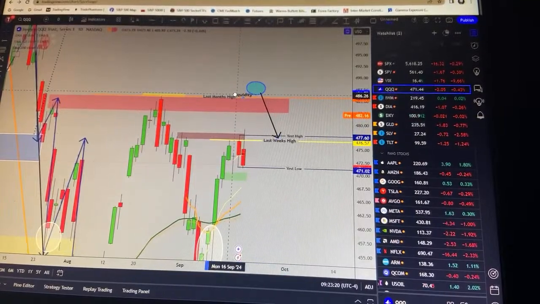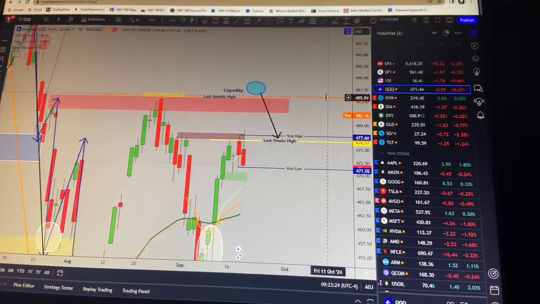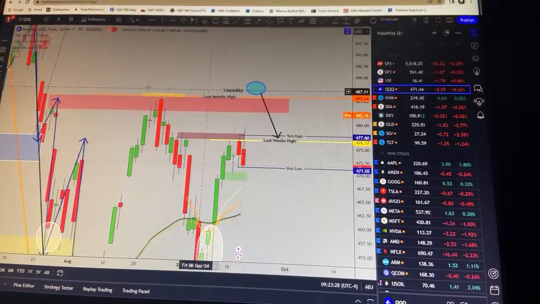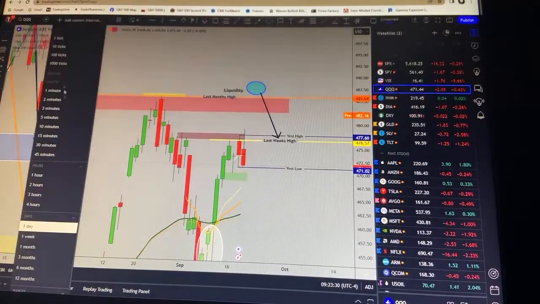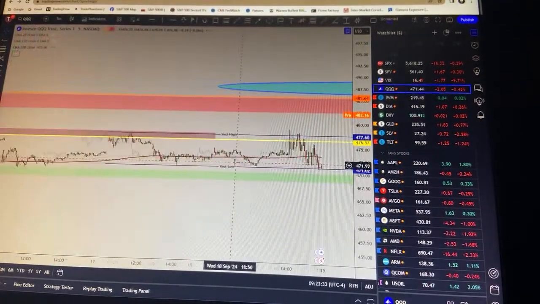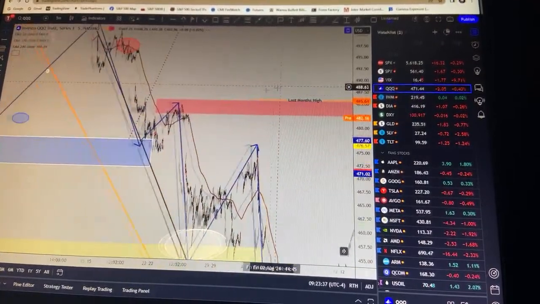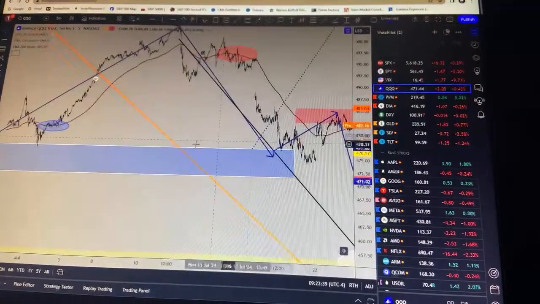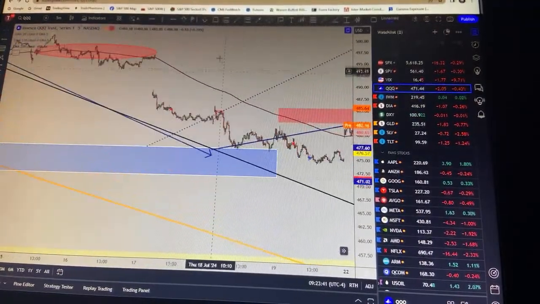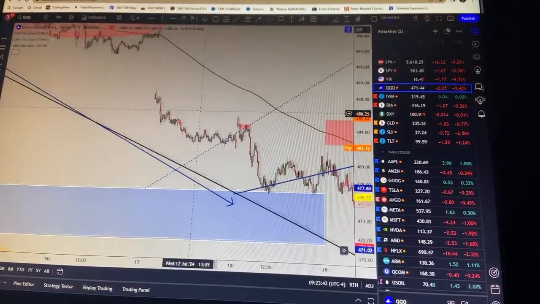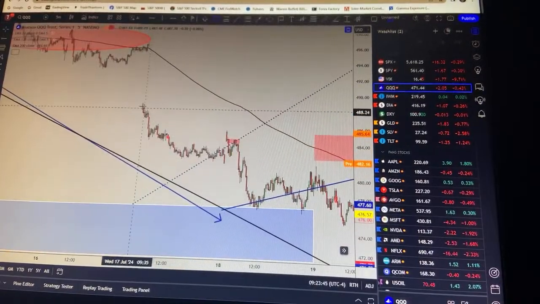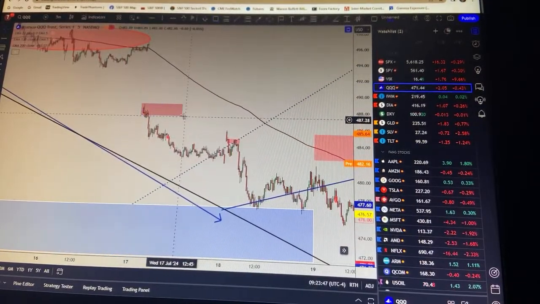So up here in QQQs, this could be what's called a liquidity sweep, and that's anything essentially above last month's high, which is 485.65, give or take, okay? But typically what you want to do is look at a level right above that to see if you have a level of supply to lean against. All right, I want to be careful with this one here, but let's see, right? So this could be a nice little Globex trap here, because this is the supply zone right above those monthly highs, and we also have some